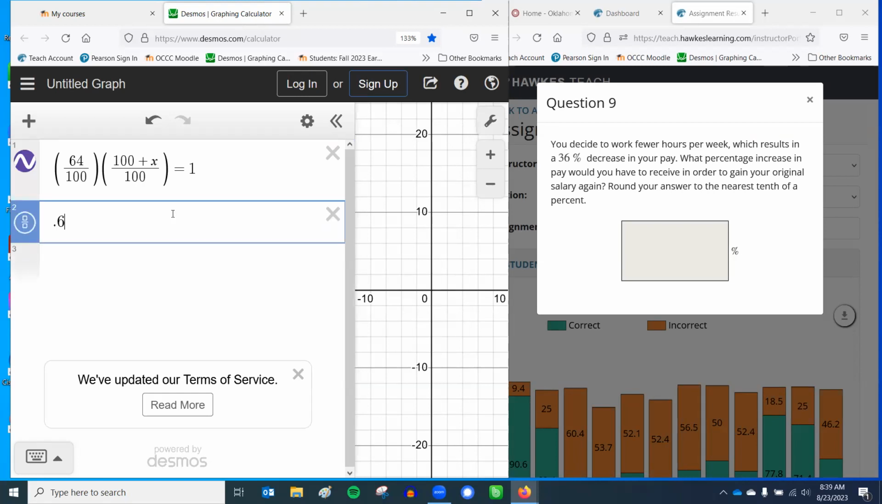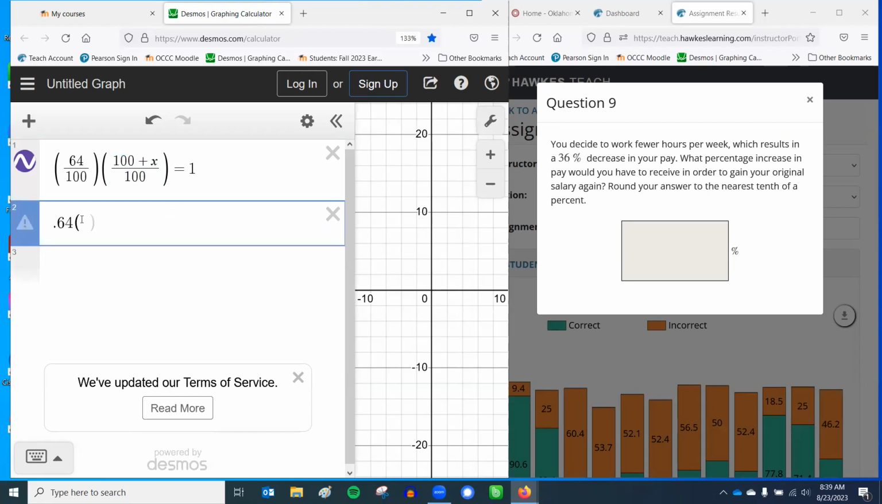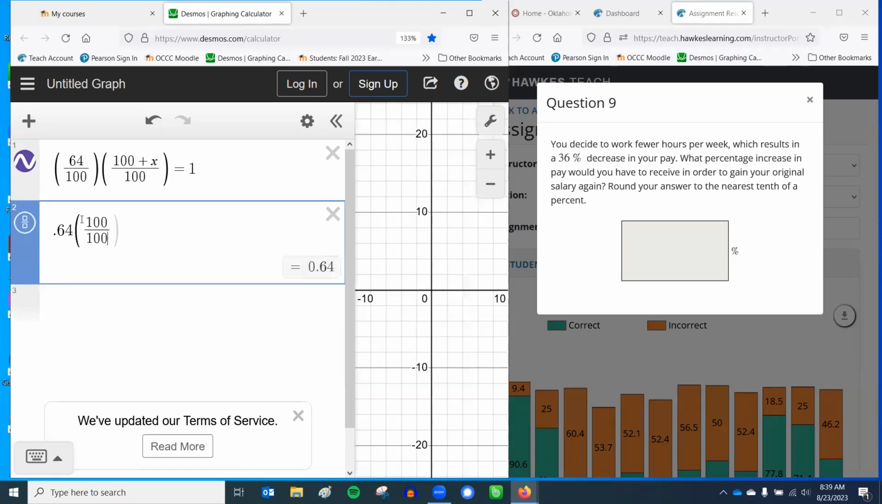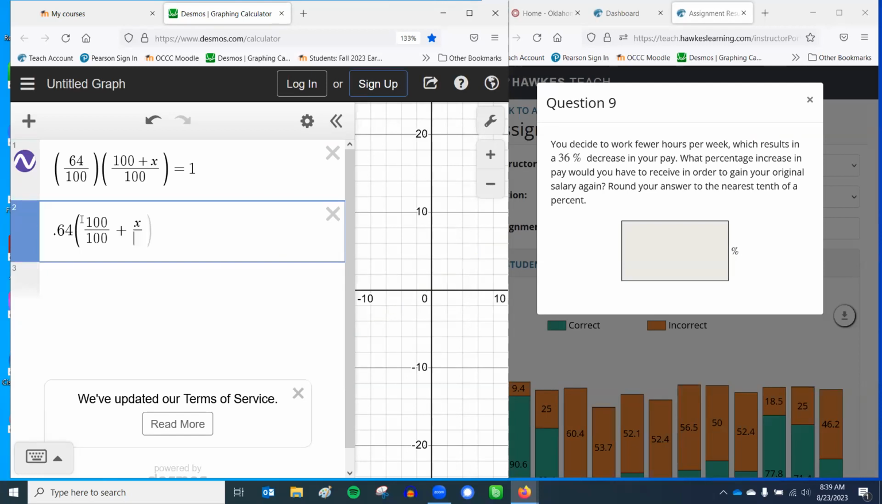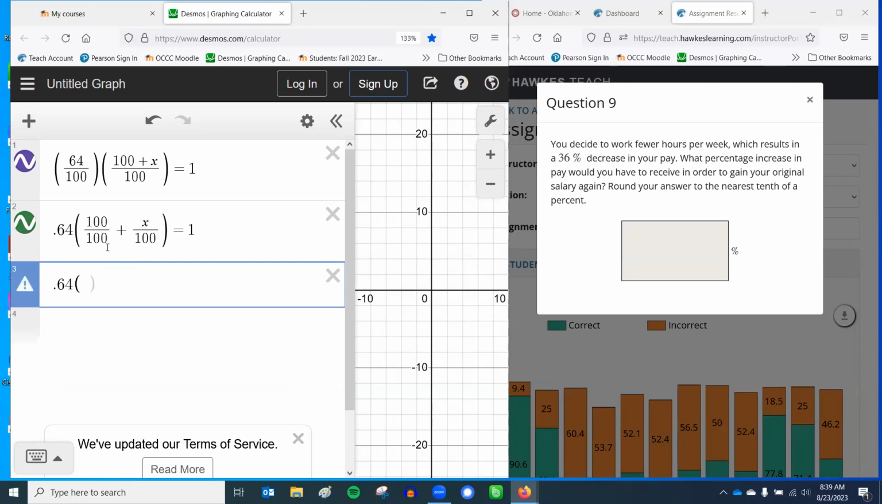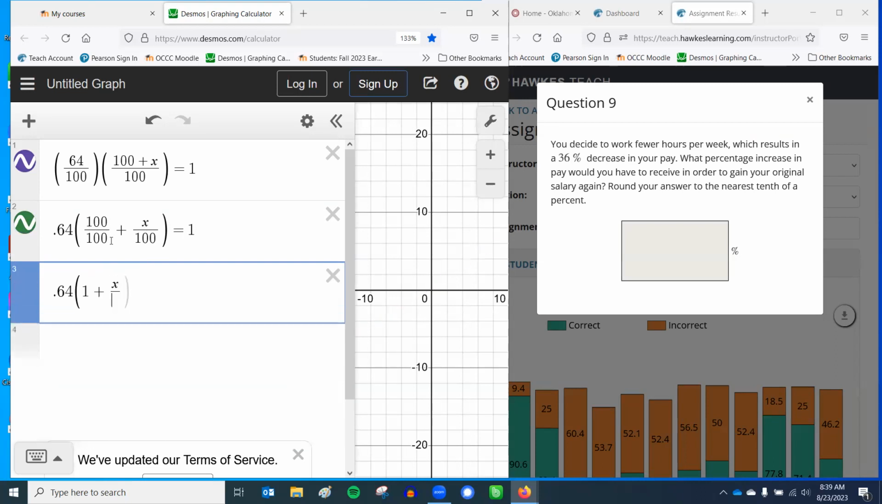I'm going to write these as decimals. Now look, I have 100 plus x over 100. It turns out that with fractions, when you have a plus in the top, you can write them as 2 fractions, like this. You can break it up like that, because these have what's called a common denominator, right? And that makes your problem easier because it gives you 0.64 times 100 divided by 100 is 1, plus x over 100